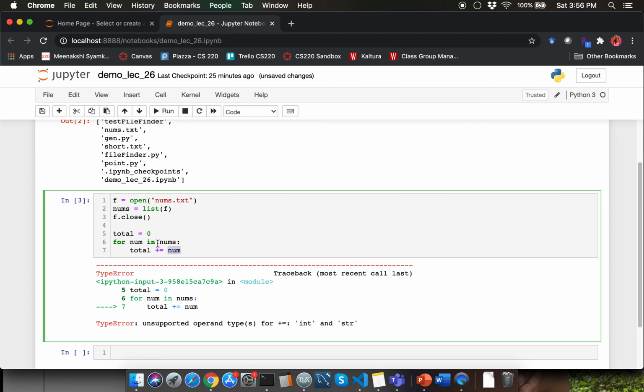Recall that num is coming from the nums list. Where is the data coming from for the nums list? It's coming from the file. So whenever you read a file, all of your content is always going to be of type string, no matter whether you cast that into a list and convert it into a list of individual lines of the file, it's still going to be of type string. So what we are doing when we are using the list conversion here is that we are taking each line in the file and adding that as an item entry inside your list nums. So each entry in your nums is going to be of type string.